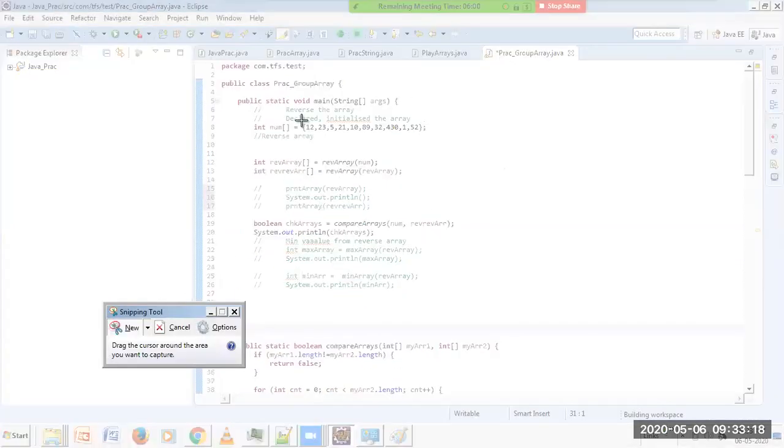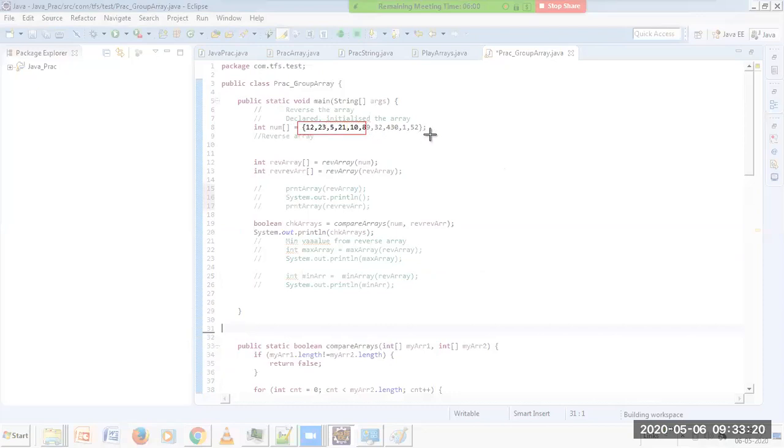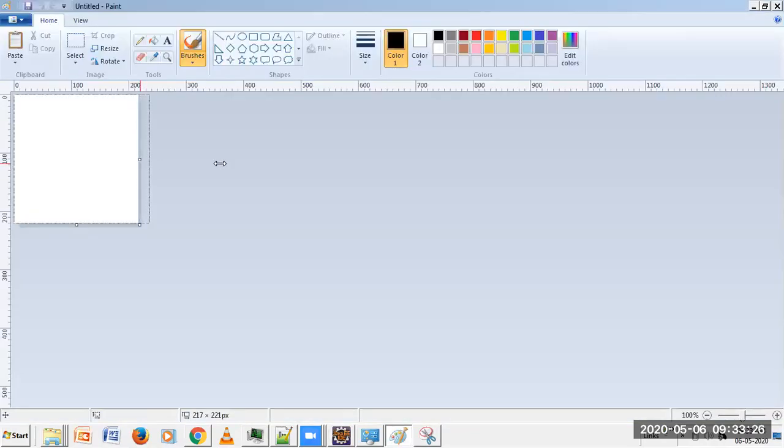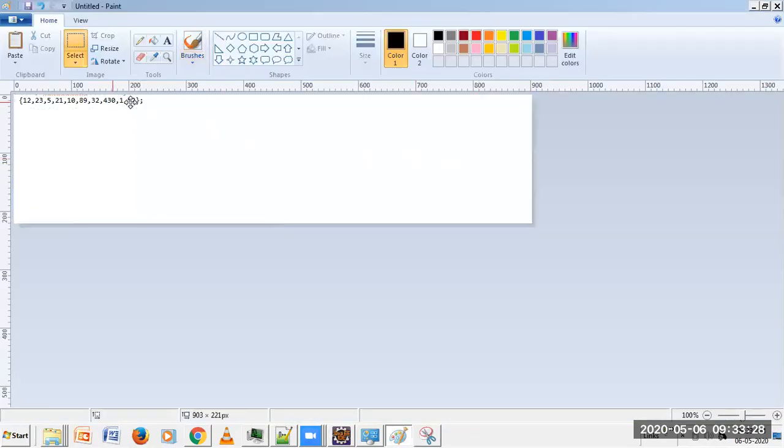As you understood, let's say this is my array. This is my original array, and then when we reverse it, it becomes totally opposite of it, as you know.